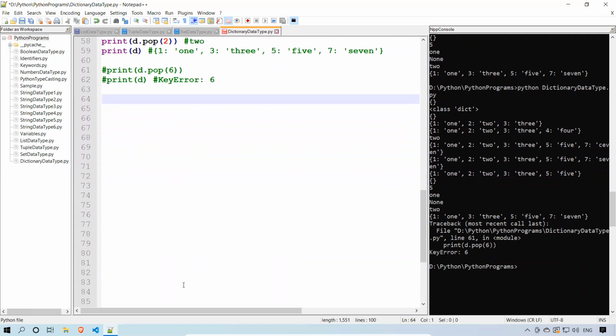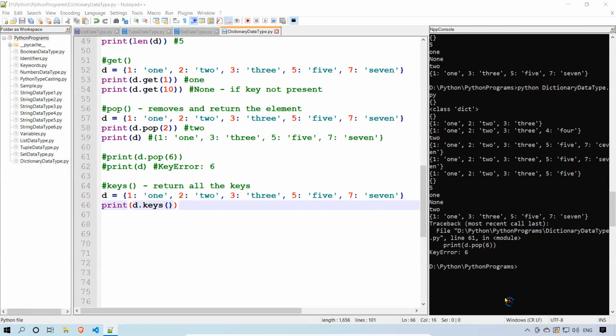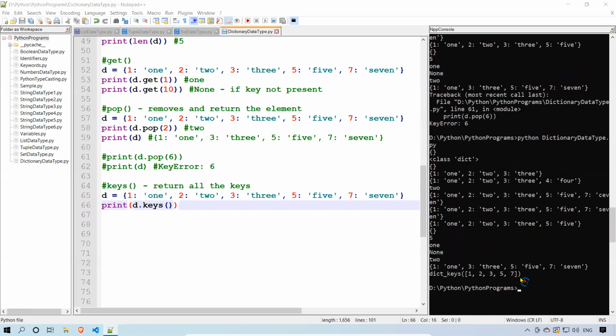So now we have keys. Keys means it will return all the keys. Okay, simple. I'll take the same and print d dot keys. It will give me only keys, not values. The output will be like dict underscore keys, and inside the parenthesis it will come as a list.